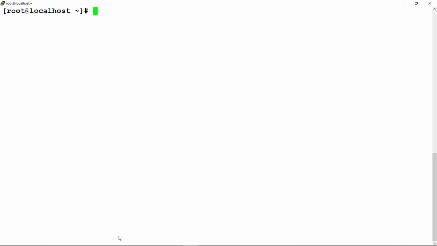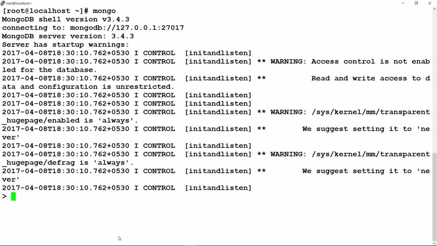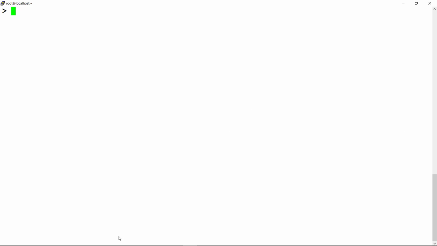To start accessing MongoDB, we need to connect to it via a shell, which is installed with the MongoDB package. To connect, run the command mongo on the terminal prompt, or on the command prompt in case of Windows. To switch to a database or to create a database, run use database name. For example, use Coding Freaks.